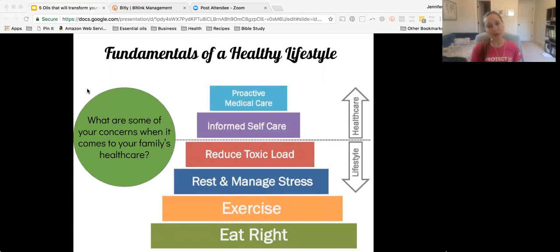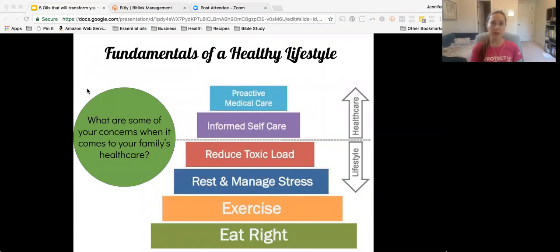There's no magic pill, right? I wish there was, but there's not. Healthy living consists of many different components, and you have to do this on purpose and be intentional about it. When we look at these bottom 4 layers of the pyramid, this is what we want to focus on. Eating right: clean, whole, fresh foods, cutting out any foods that you're sensitive to that might be causing inflammation, and really focusing on a whole food diet.